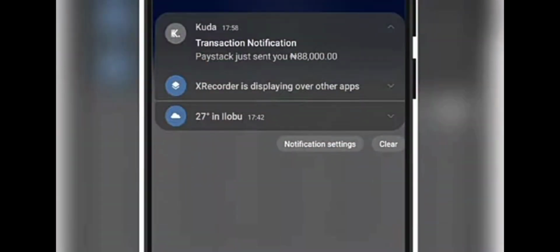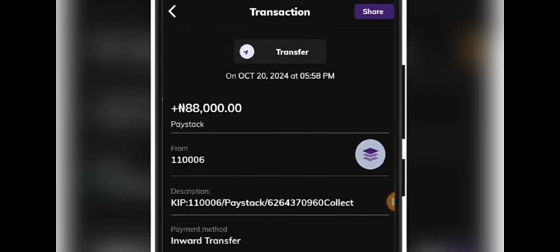Alright guys, the withdrawal is here right now. As you can see, it has actually dropped into my bank account. It took around 30 to 40 minutes to